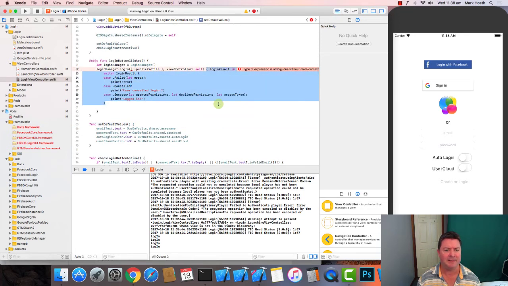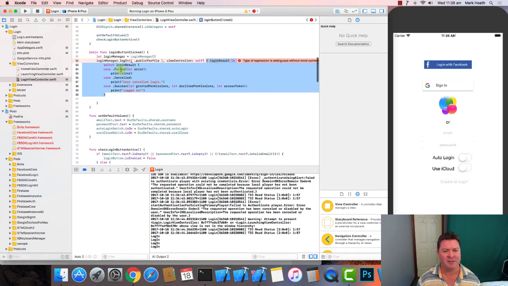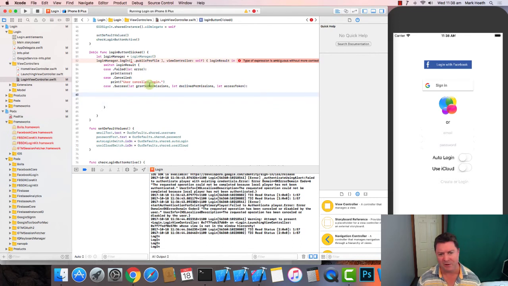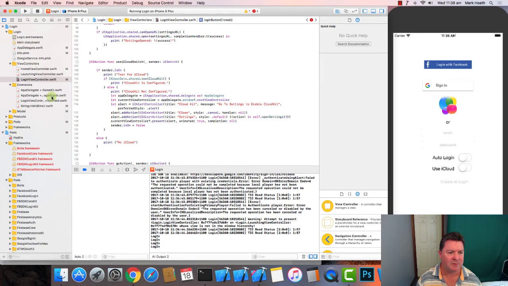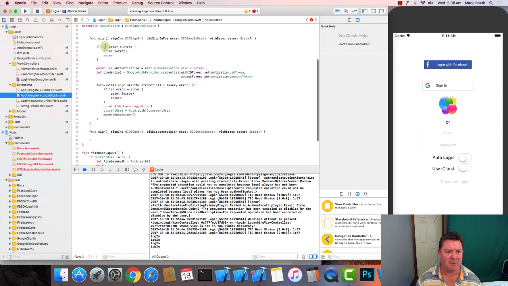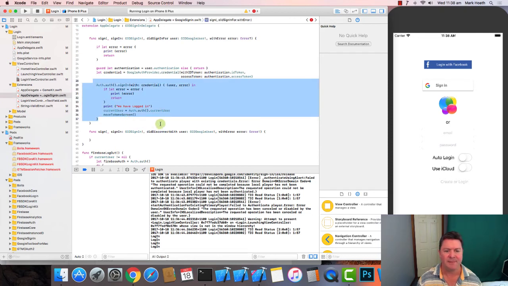It's got a closure, and when the login result returns, it will either be failed, cancelled, or successful. Now, if it's successful, there's a couple of things that we want to do, because this is just logging us in to Facebook, and then of course we want to use that to log into Firebase. So just like we did in the Google example, might be under our extensions. Once we got authenticated by Google, we have to get this credential and then use that credential to log in to Firebase. So the way we do that,